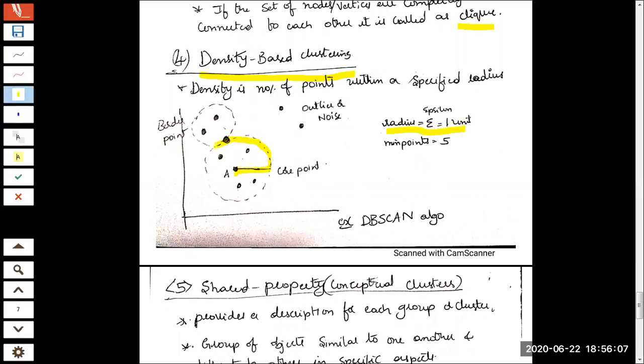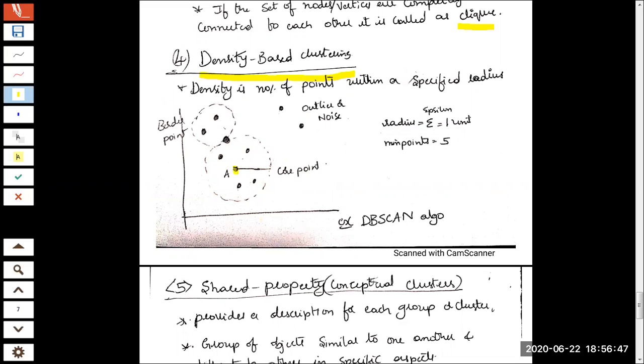So within this radius, you mark a circle. You can see how I marked a circle using this radius, which was 1 unit, and whatever data points are there within this circle will become the density of this cluster. Once again, I'm repeating, to identify the density of a cluster in density based clustering, choose a point in the set of data points. For example, I have chosen point A, which will be called a core point.